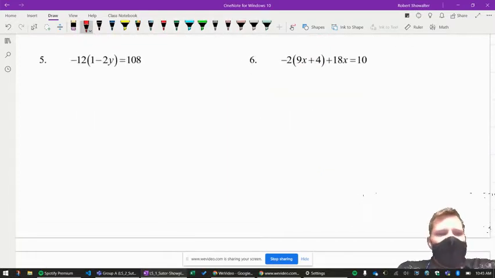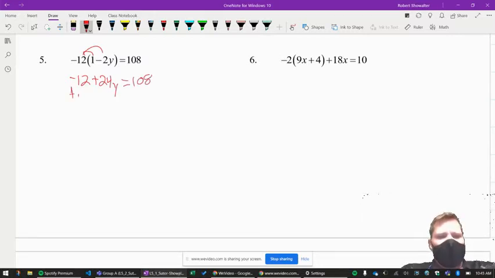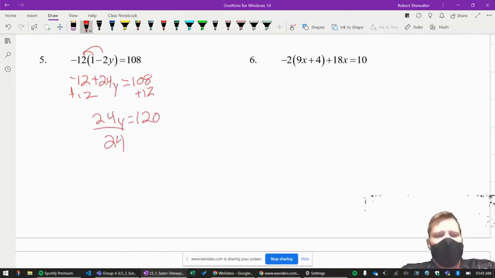Distribute. Negative 12 times 1 is negative 12. Negative 12 times negative 2 is positive 24y. And then we have 108. Now we keep going. Add 12, 24y equals 120. Now we're going to divide by 24, and I'm not sure what 120 divided by 24 is,